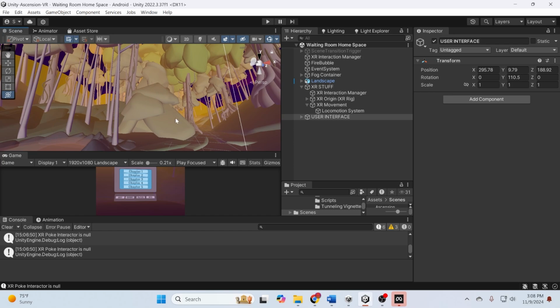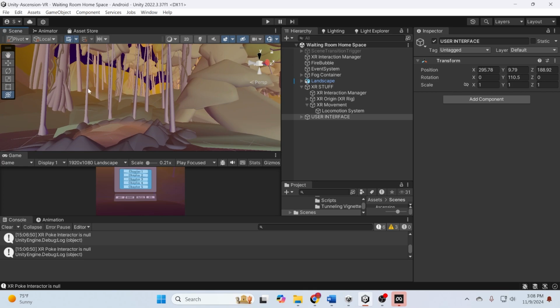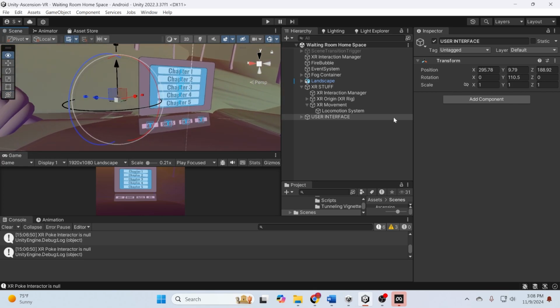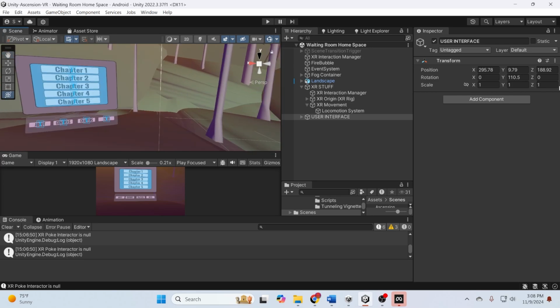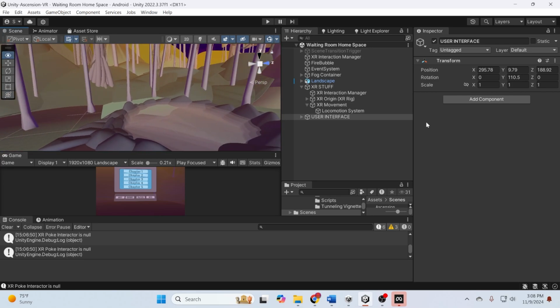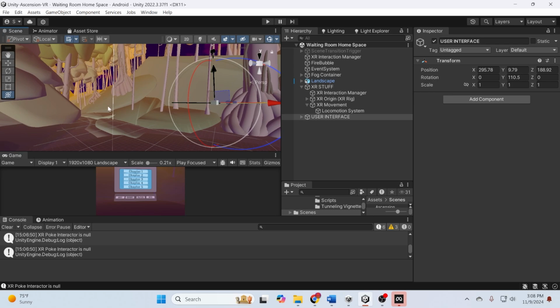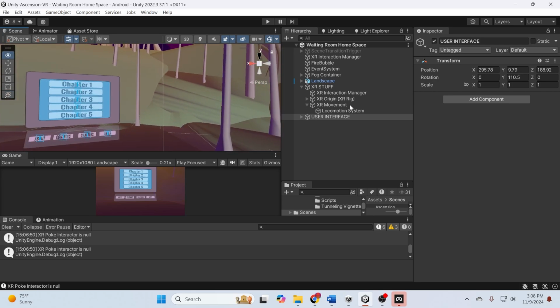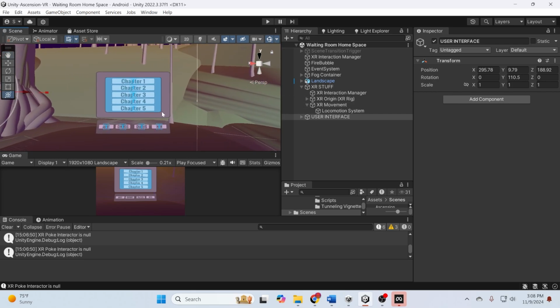But for me, it just makes sense. I want people to know that this is a home space, so I changed the lighting a bit so that it would not be exactly the same as scene one. That way you actually recognize that you are in this home space. So I made it a little bit orange,